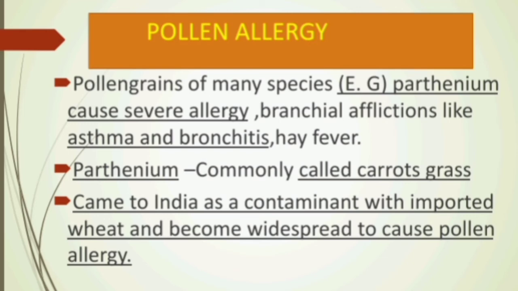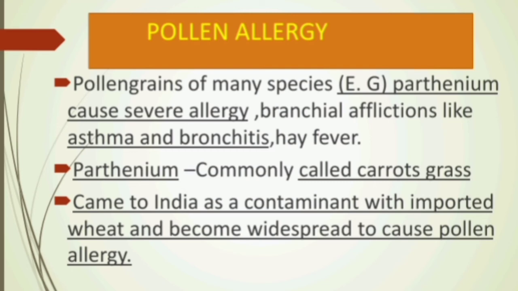Okay, so the pollen grains of angiosperm plants may cause some allergic reactions in people. One such best example is Parthenium. In Tamil we call it Mukutipoo. This Parthenium is allergic to many people. It causes allergic reactions such as asthma. That means when people smell the pollen grains of this Parthenium flower, they might experience asthma, that is difficulty in breathing, along with bronchitis, and another pollen allergic reaction known as hay fever. In Tamil we can say Vaikol Kaichal.